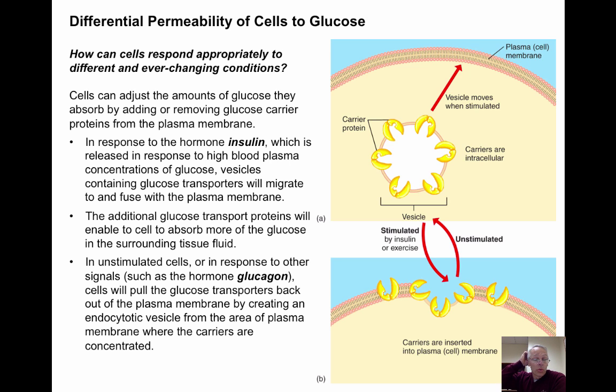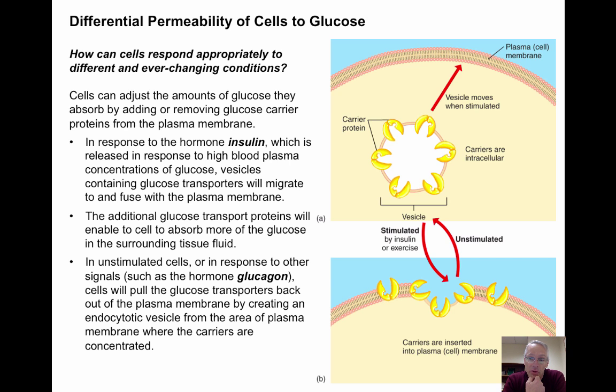And so when this cell receives a signal that there is plenty of glucose available outside, in the blood and the tissue fluid,